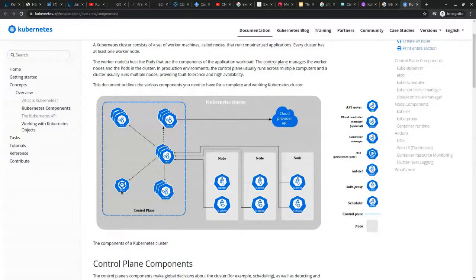So if a user communicates with the API server via kubectl or via other tool, via CI/CD or GitOps or whatever tool, the API server will persist the state of the request on etcd, and the scheduler will check with the API server, does etcd have a new deployment or new requirements? And if there is a pod that is not scheduled, and what does unscheduled mean? It means that it doesn't have a node name on its spec, let's say. That's how the scheduler looks for unscheduled pods. So it will run its algorithms and try to find the best node that fits the pod requirement.